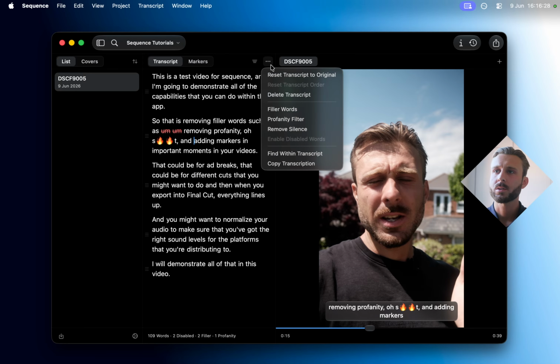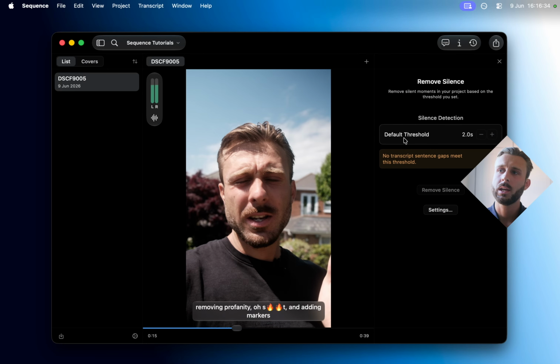So if you wanted to also sort out the silence, you go to the more and hit remove silence. And in here, you get to change your threshold. For starters, that video doesn't have any silent moments below 2 seconds. So you see, if I bring this threshold down, you can see 1 moment can be removed, 2 moments could be removed. So if we just do this first one,